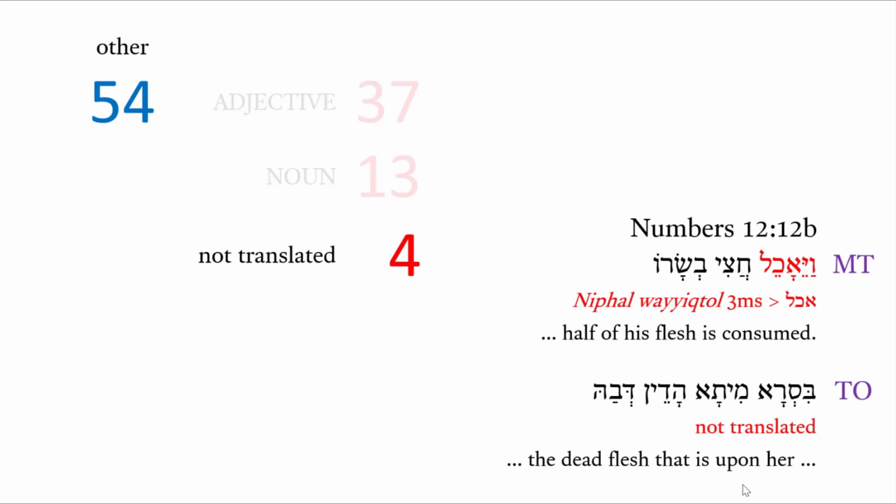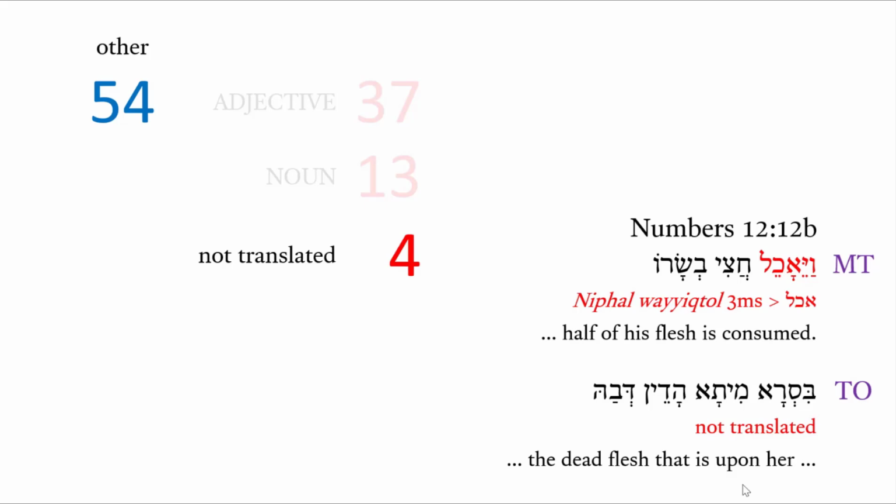And so this is interesting. It is actually a her baby. And Numbers 12:12. So why a masculine singular in the Hebrew is another question. But here, there's nothing really that goes with the exact idea that this dead flesh has been consumed. So that idea is just not in Onkelos there. But in only 4, it's like 0.5% or less of the examples, does Onkelos not make an effort to translate. So that's an interesting thing here.